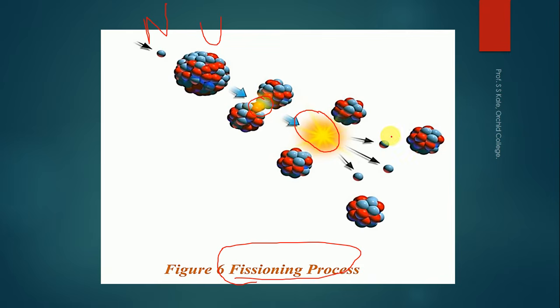When splitting occurs, neutrons are also released. Here you can see that neutrons are also released, and by using these neutrons, further splitting of the uranium will occur. If you check this particular neutron, it will bombard this particular fuel, the uranium, and it will split again. When there is a splitting, again there will be generation of heat. Like that a chain reaction occurs. And because of this chain reaction, heat is generated.